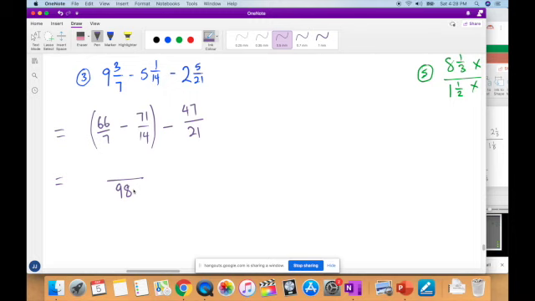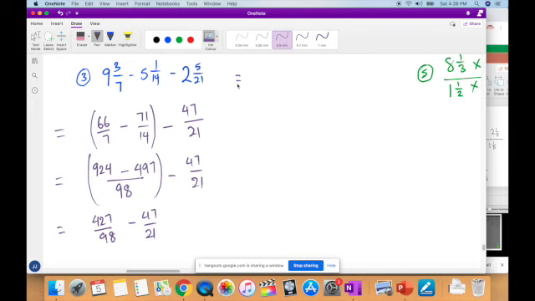7 times 71 is equal to 497 on this side, minus 66 times 14 is equal to 924 on this side, right? So that is in the brackets, minus 47 over 21. So that is 924 minus 497, which is 427 over 98 minus 47 over 21, and that will give us